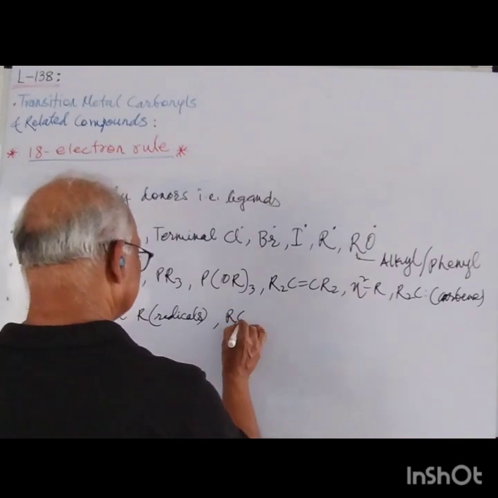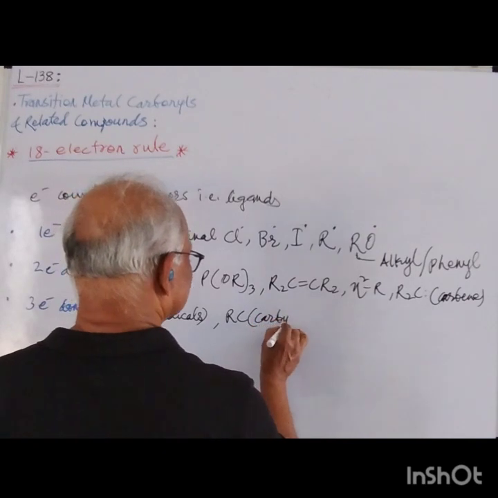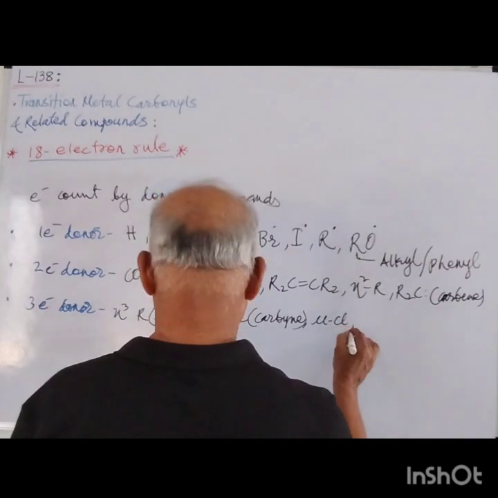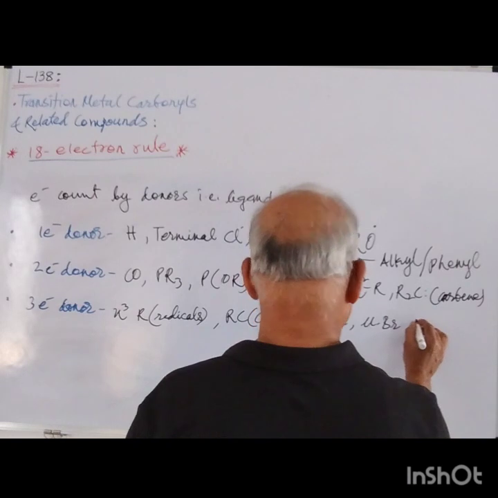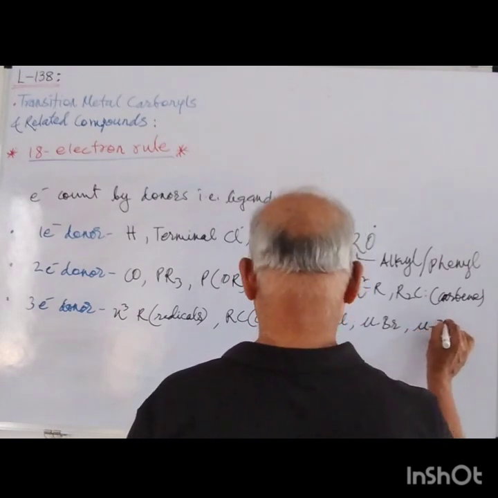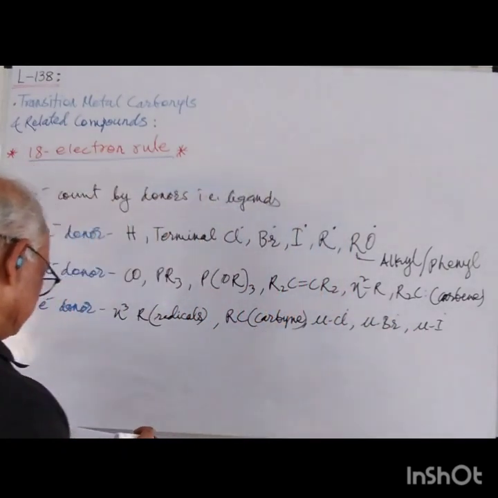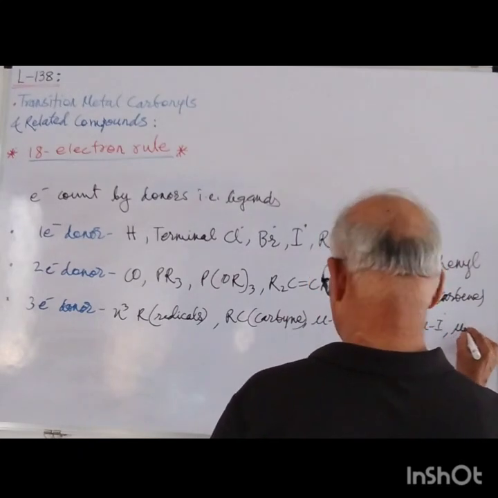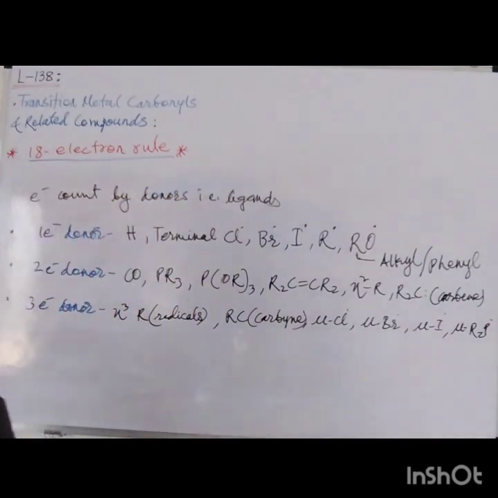Then RC, that is carbonyl. Then mu Cl, similarly mu Br, similarly mu I, that is bridging radicals, like this. Then one more is mu R2P. Then we can have